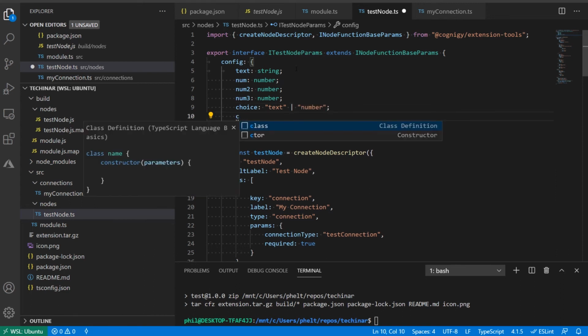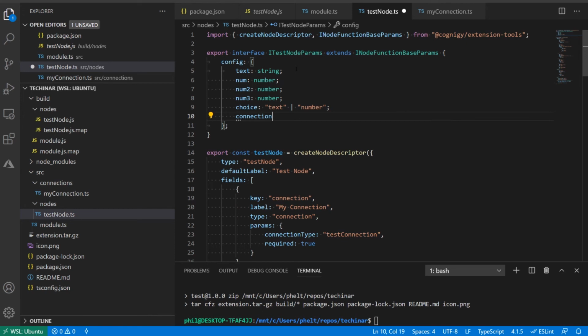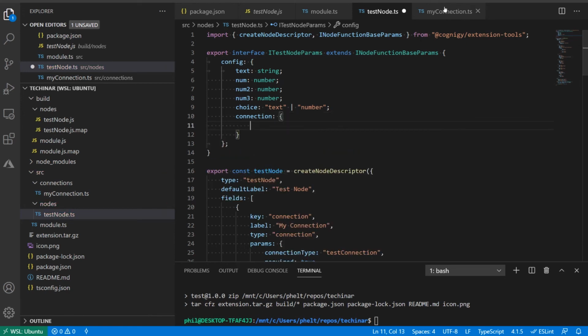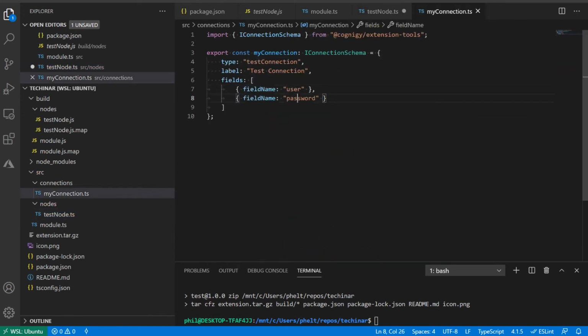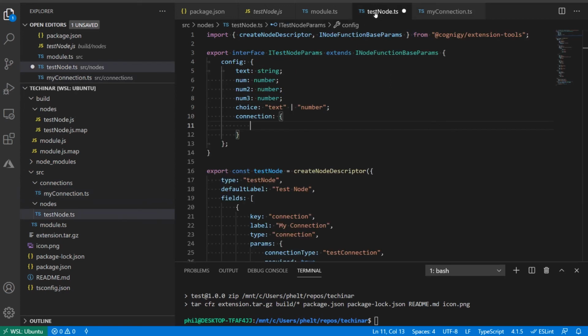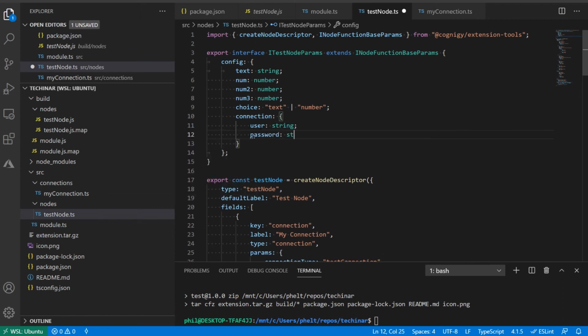And now comes the connection. The connection is actually an object, and the object has a user and a password field, and they are both string. So we have user, which is string, and password, which is also string.